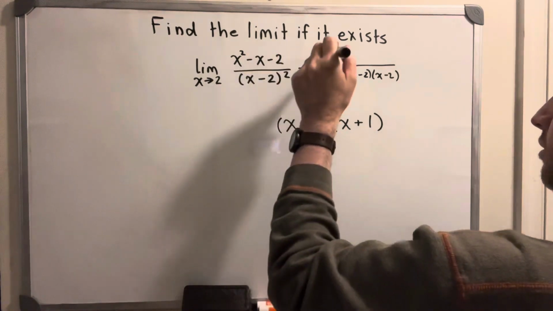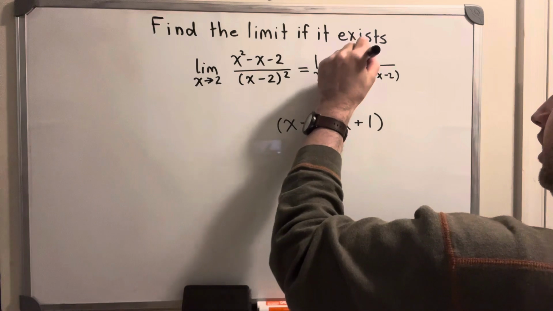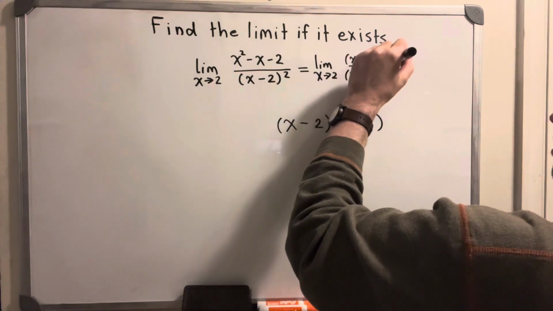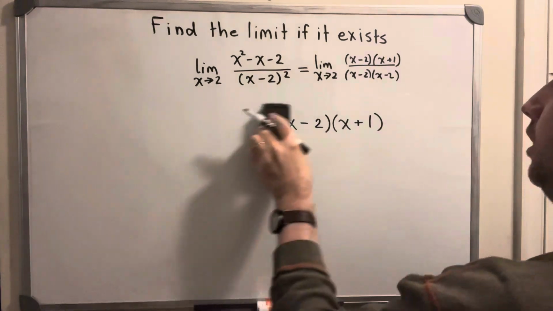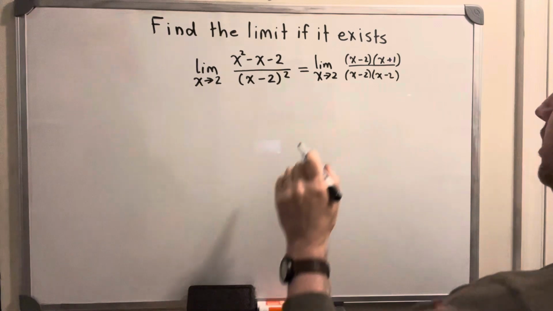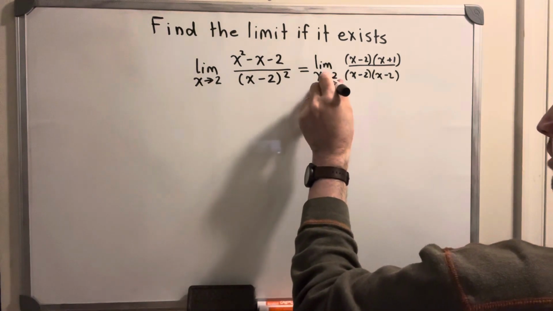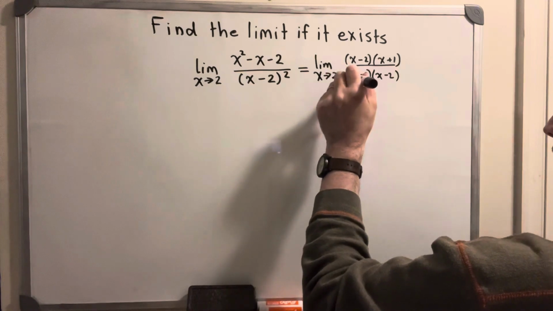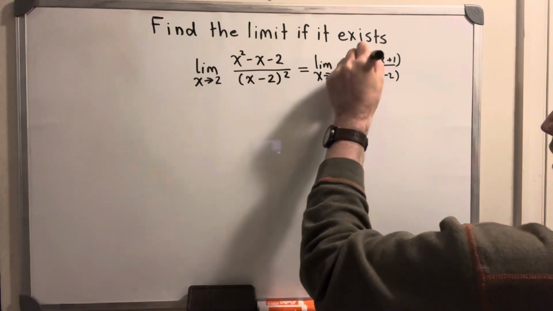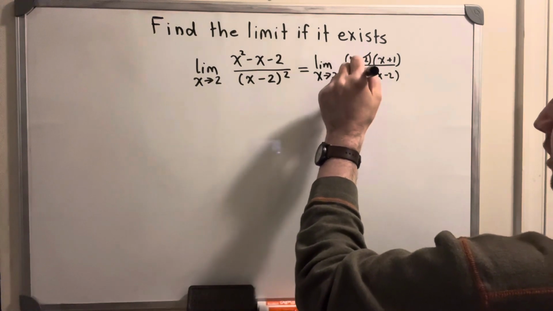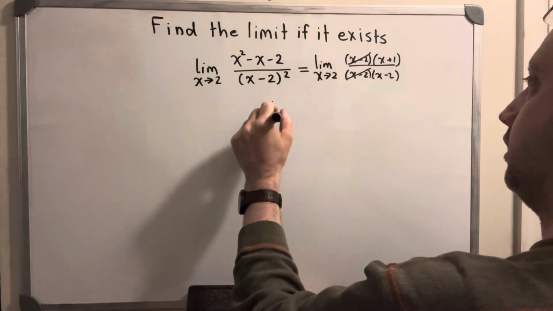So this is equivalent to x minus 2 times x plus 1. So after that, since we don't worry about the limit at x equals 2 existing, we can cancel out an x minus 2 on top and an x minus 2 on bottom, but that leaves us with